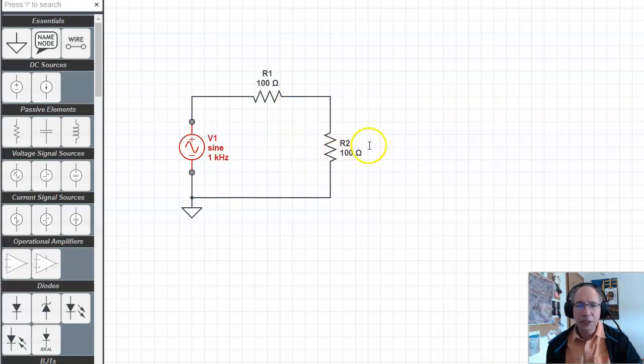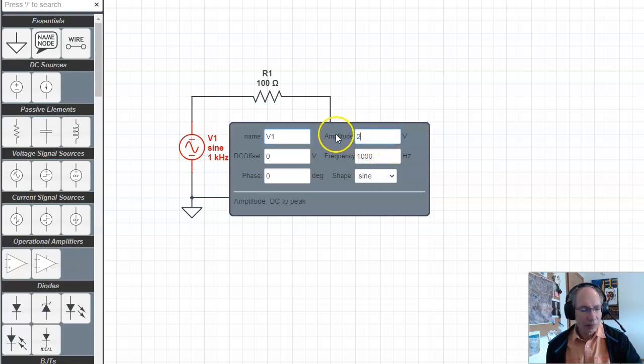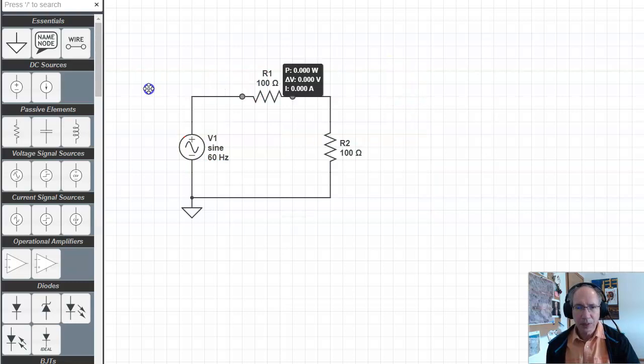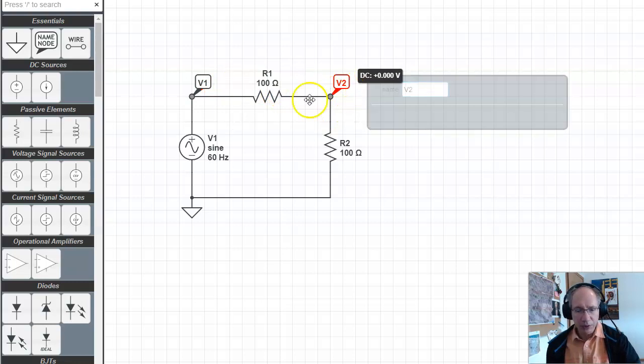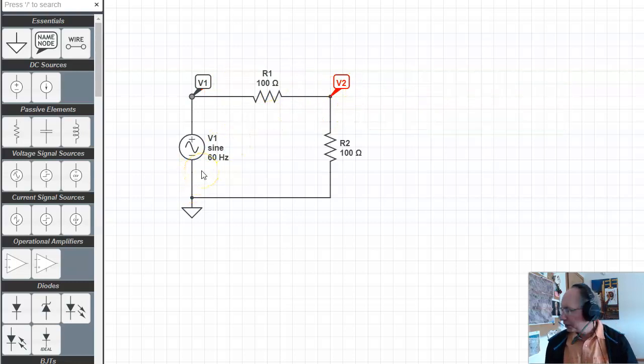Change this to be 20 volts at 60 hertz. Then let's look at the voltage right here. Let's look at both voltages. Here's your V1, here's V2. 60 hertz has a period of